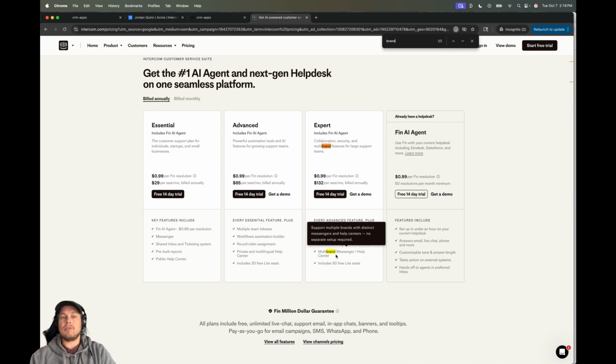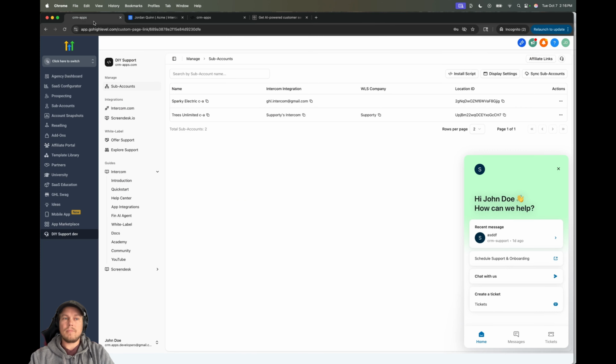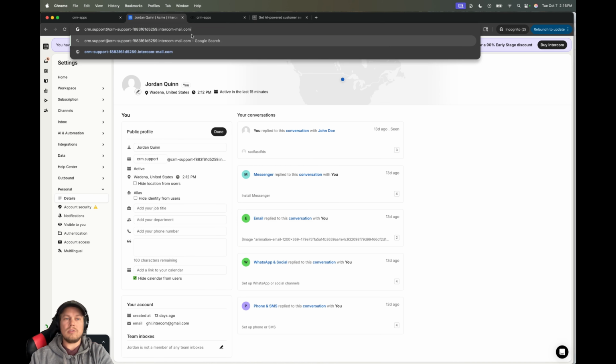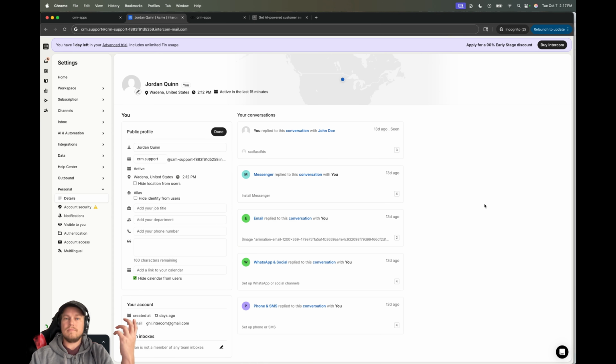Because really, the only time the sub-account users are going to experience something that isn't your name is in their email. Let's say I use rosu.io, that's my SaaS. What they're going to see is pretty generic. They'll know exactly what you're talking about and who you are: CRM support, and you're talking about this ongoing ticket or conversation. They'll say Intercom, but I don't know why they would care about any of this. Once they open the email, all they're going to see is